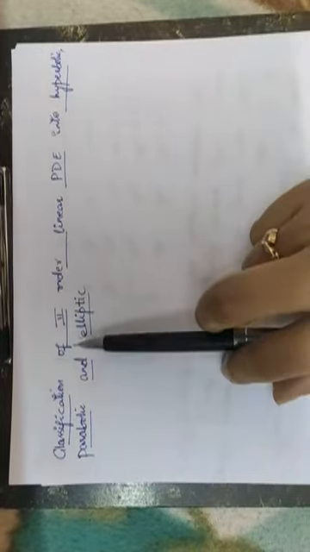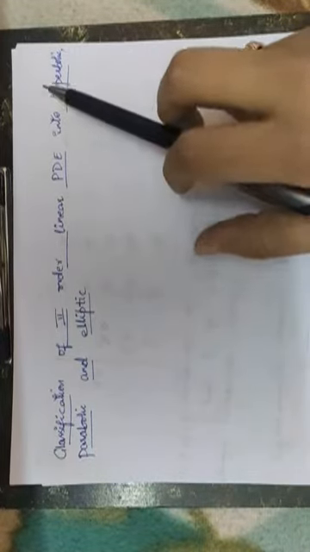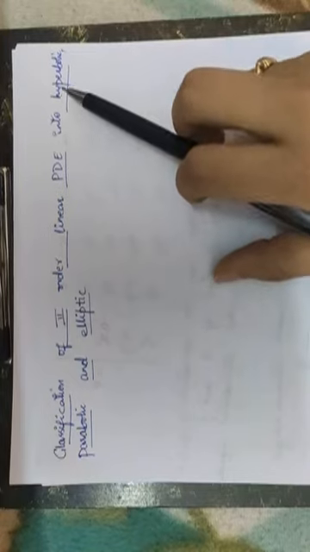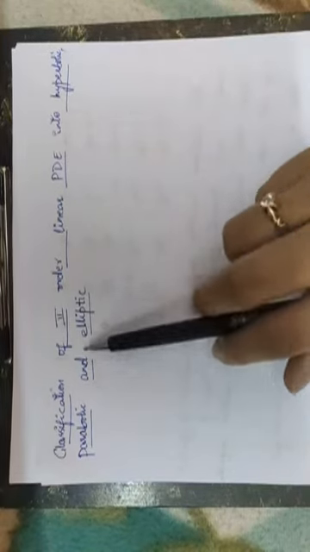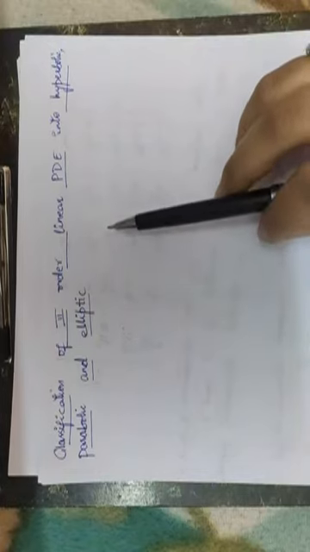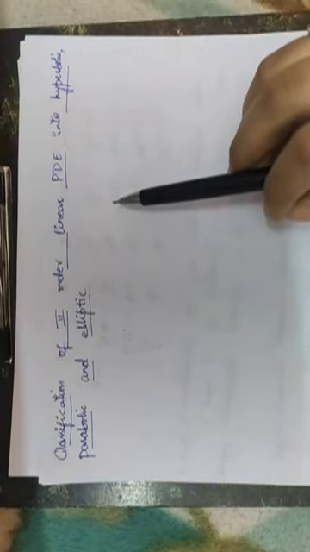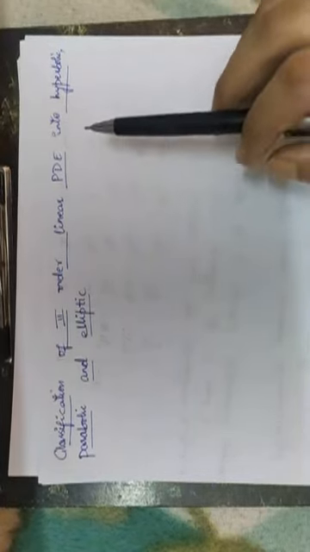Hello dear students, in this session let us study the concept of classification of second order linear partial differential equation into hyperbolic, parabolic and elliptic. So we are considering a general second order partial differential equation and we are trying to classify them as hyperbolic, parabolic and elliptic. The classification is depending on the value of your b square minus 4ac.